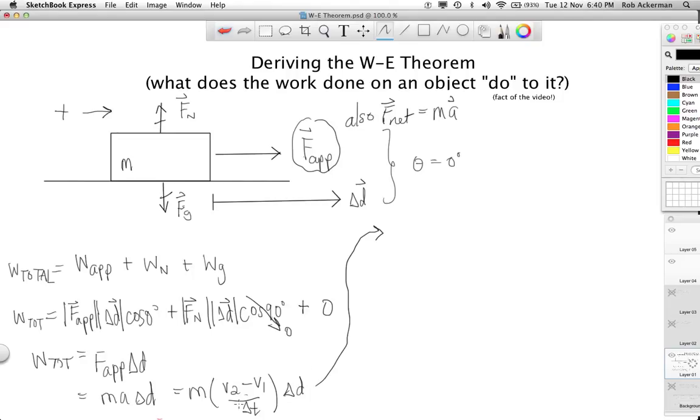I'm going to bring this delta T over so it's underneath the delta D, and that's going to leave me with M, V2 minus V1 times delta D over delta T. What is delta D over delta T? If you said speed, you're wrong. It's average speed. I know that you think I'm just being picky there, but I'm not, because there's a formula